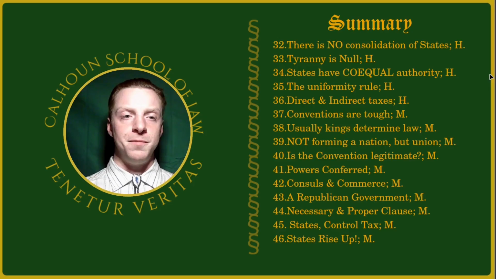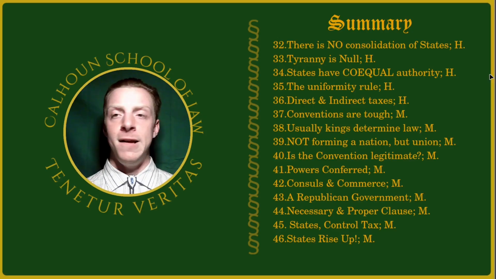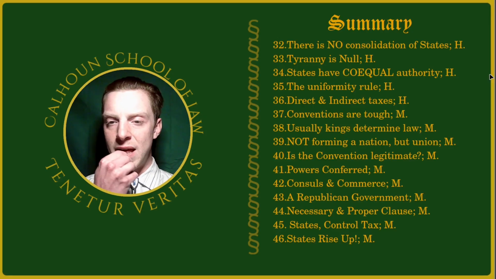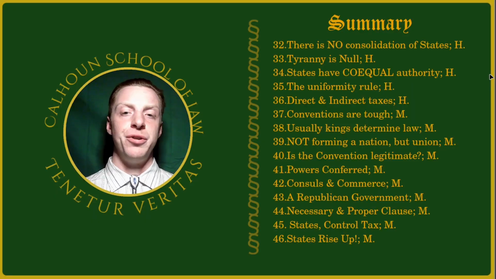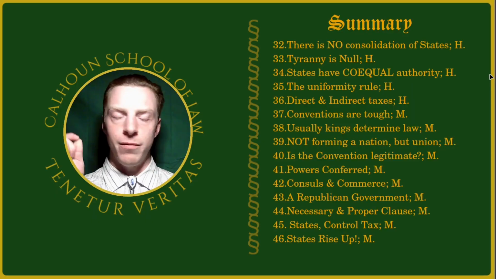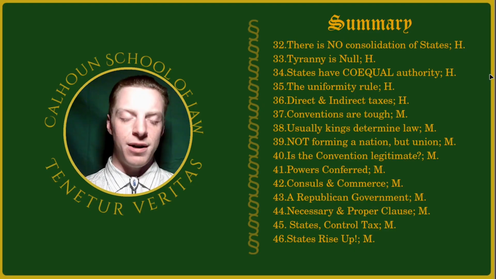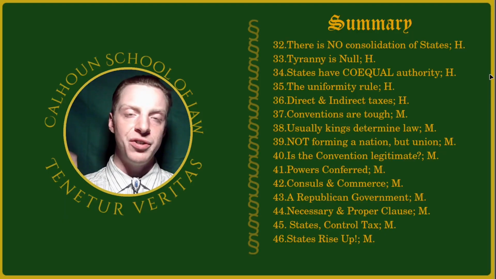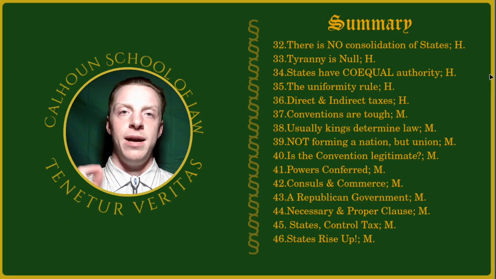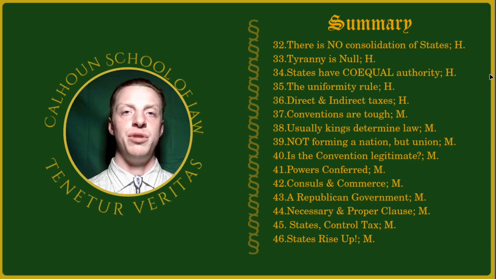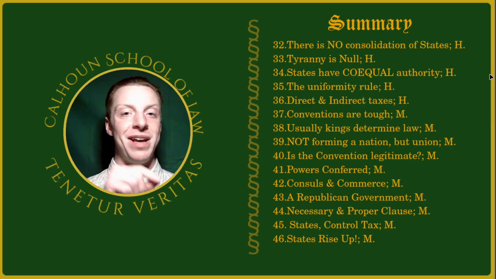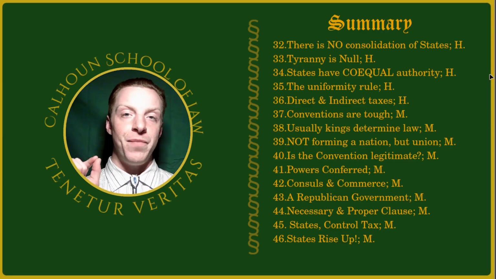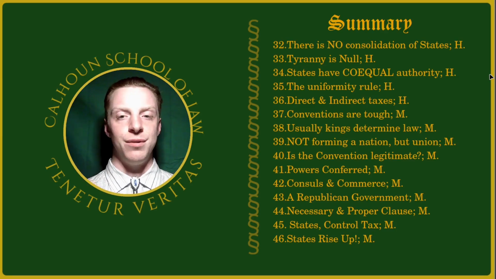In total, in conclusion, the U.S. Constitution is not, again, from the pen of the father of the U.S. Constitution, he says, it does not form a nation, it does not form a country, it does not form a state. It forms a union. A union between co-equal, which Hamilton stated in 34, co-equal, independent, sovereign states. It does not form a nation.